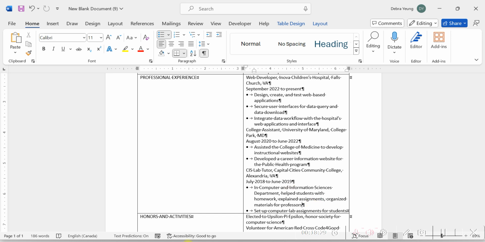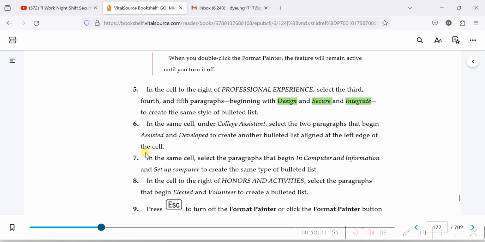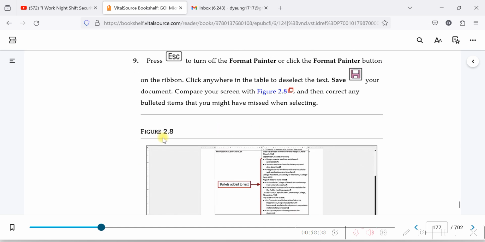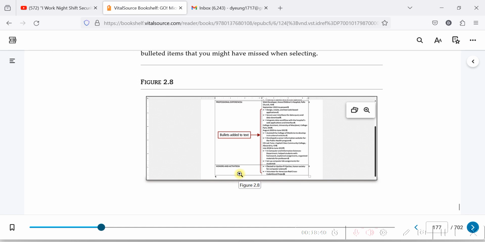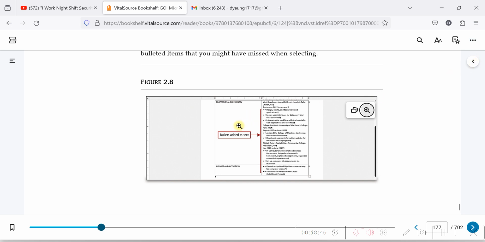I had to turn on the light. So that was 5, 6, 7, 8, and 9. And my screen, my document looks a little bit like this. Indeed, it does. So I'm going to end